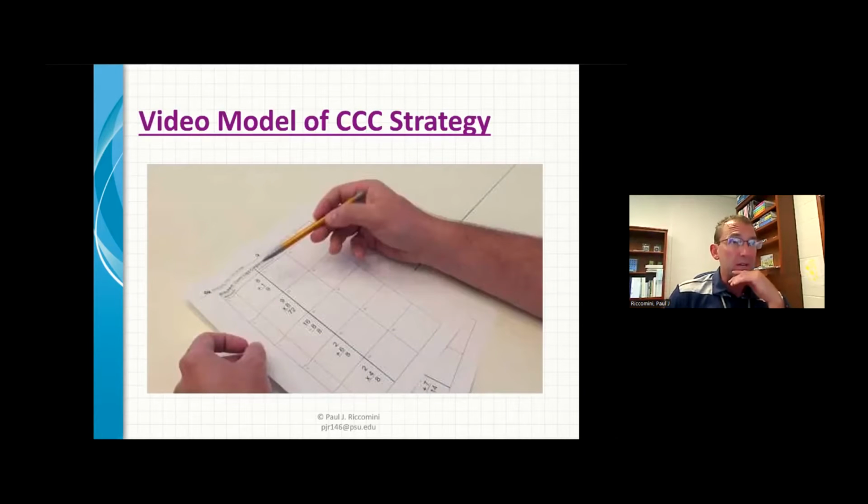So I have a video here that I'm going to show. In this particular video, you'll see that the facts are written vertically. A lot of teachers say, is there a difference between vertical and horizontal? No, there isn't, even though teachers will say the kids can't do it vertical, horizontal. When you read the fact out loud, it doesn't matter whether it's vertical or horizontal, it's the same. But this can be done either way.